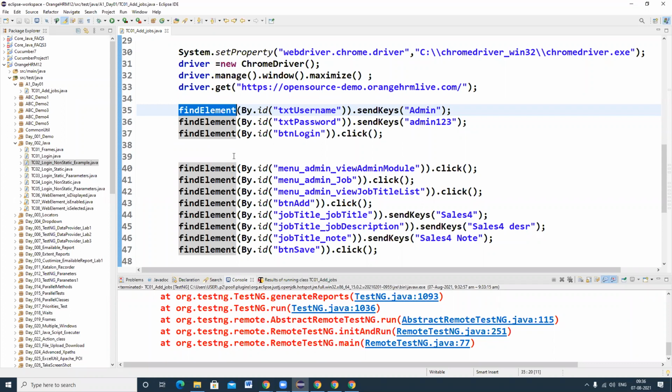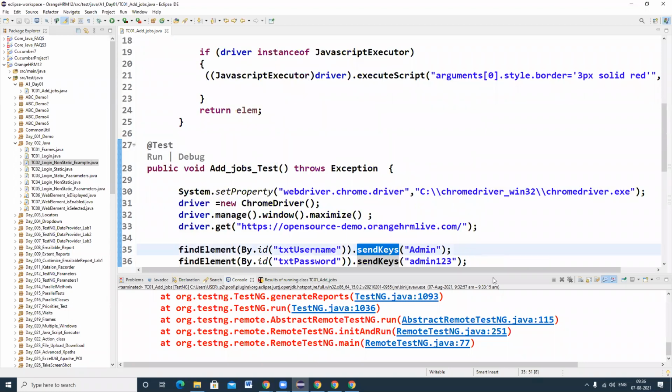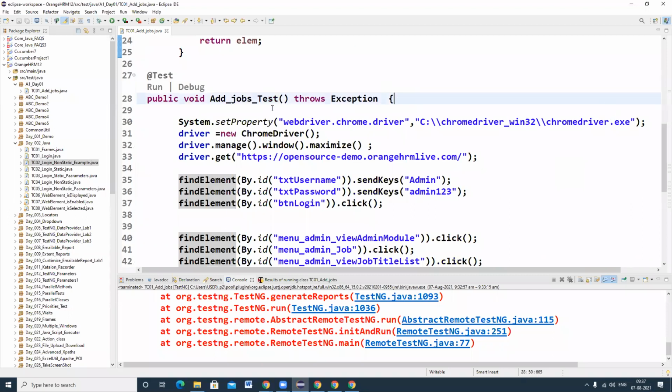Let's see, so that it is easy to understand which line of code it is executing in background. Let me run my program. So while executing this line, this particular web element border will be highlighted in red color. See, I mentioned in this method the web element border has to highlight in red color. So let me run my program now.